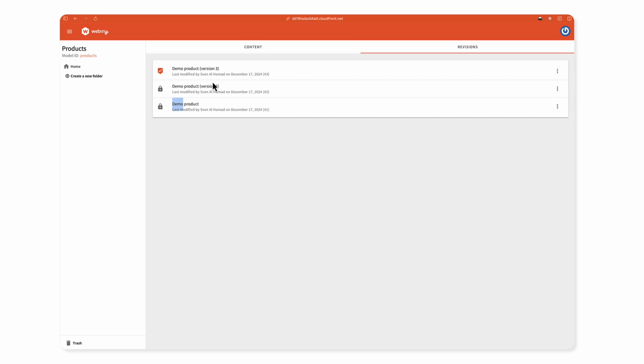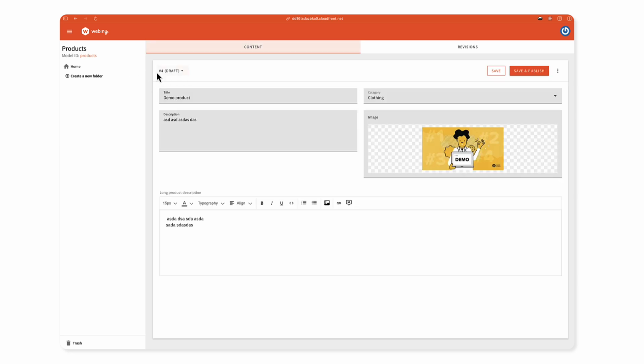let's say I want to create version 4 out of version 1, right? Not out of version 3. I would just go to version 1 and say, hey, new one. It's going to create version 4, but out of version 1, right? Now, let's have a look at the state. So version 3 with this title is the one that's published, and version 4 with this title is the latest